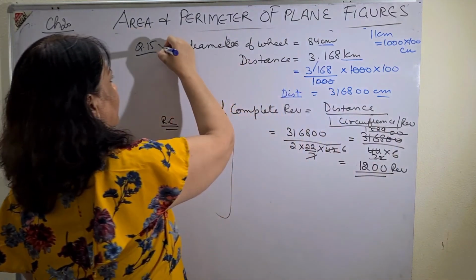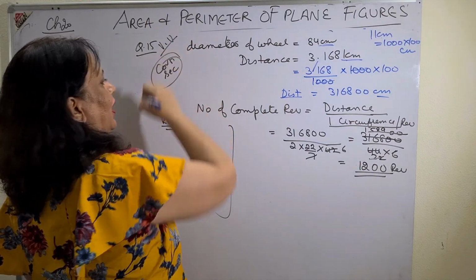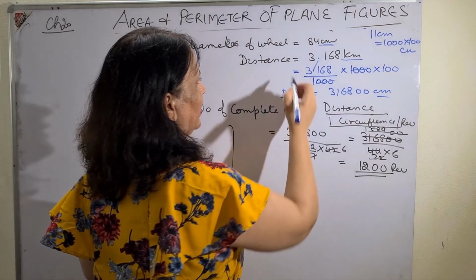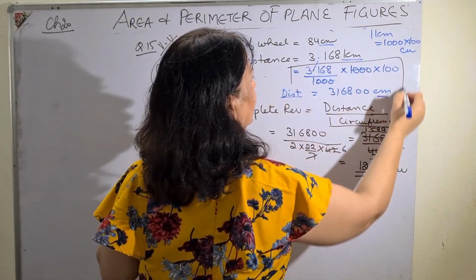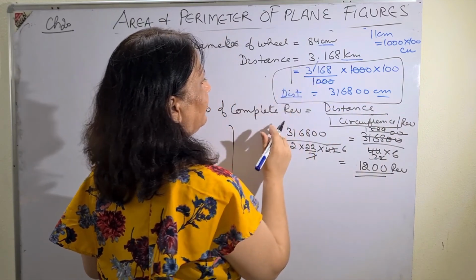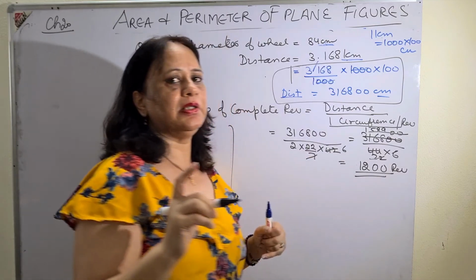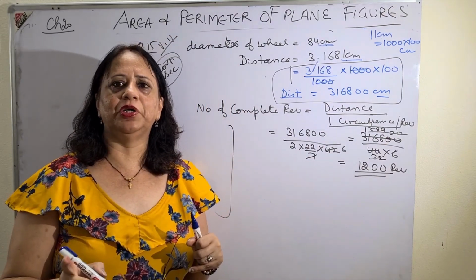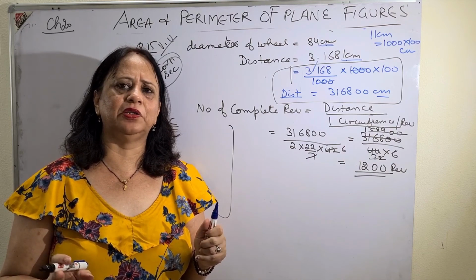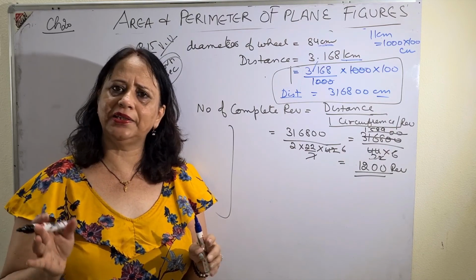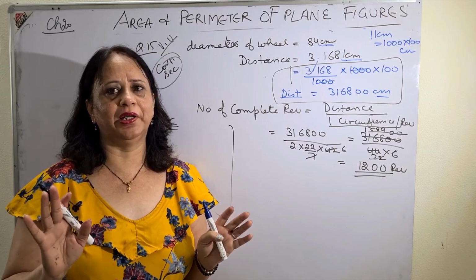A very, very important sum for the compulsory section. 3 marks compulsory section. Be very careful about the units. That is why I have used a different pen, so that you are very, very careful with the language. You read the language, and at once it should come into your mind that I have to change the units first. It is not a rule that you have to go for the smaller units, whichever is easy for you. It depends how smart you are in the calculations.